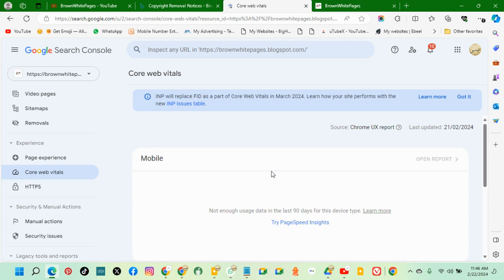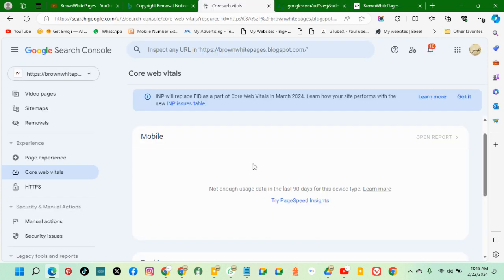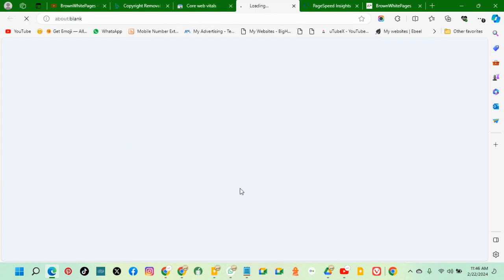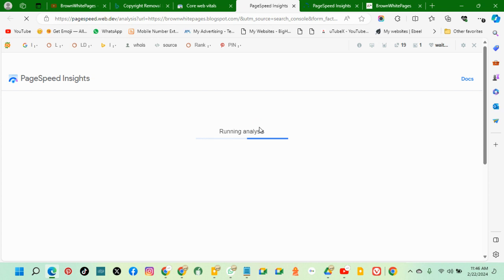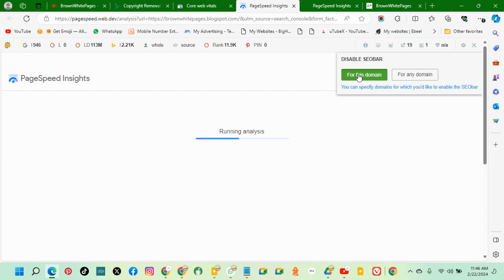So let's go for mobile first. This is mobile. Don't worry, there's no reports here. Then let's check that of desktop. So the mobile is at the top of the desktop. I believe you might get the result from the desktop with more ease than that of the mobile. So let's start with the desktop. Even if you click on the mobile,